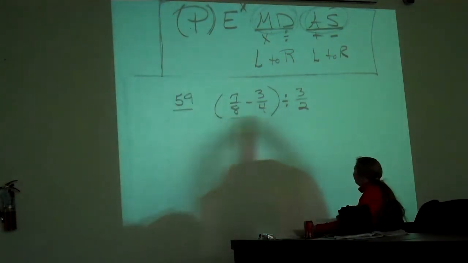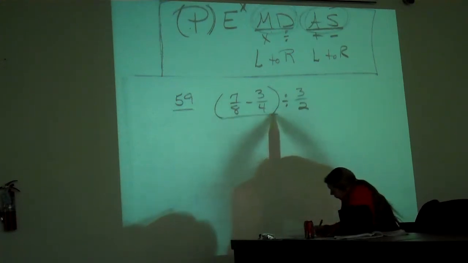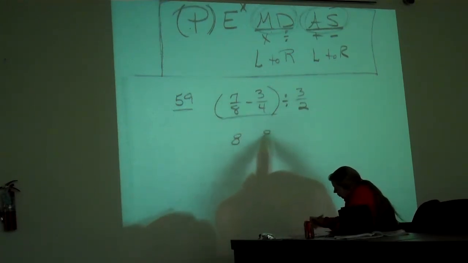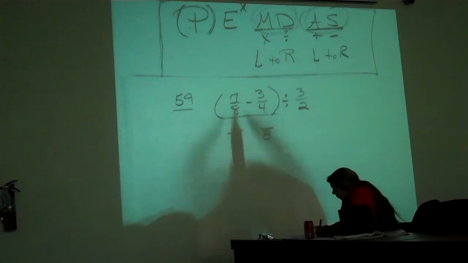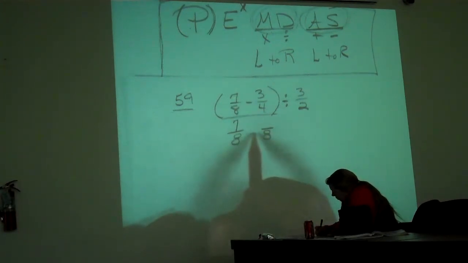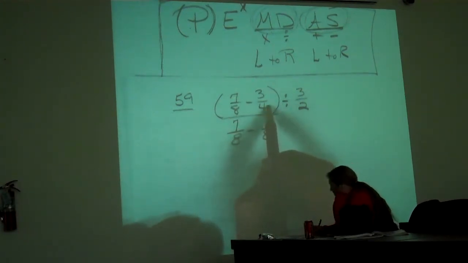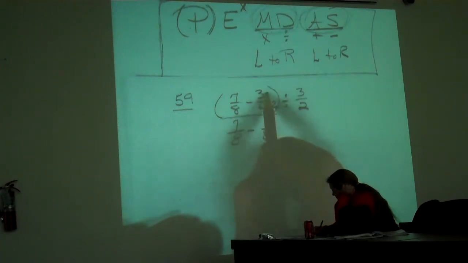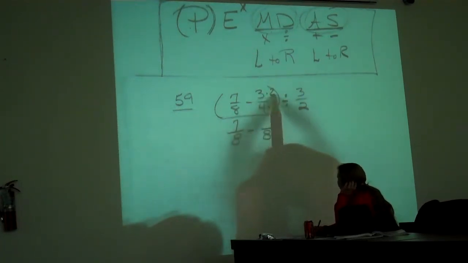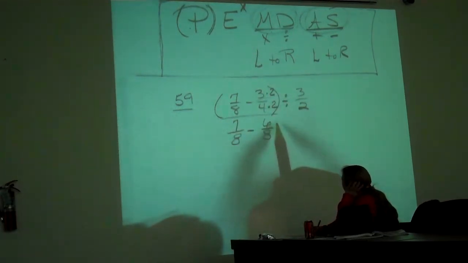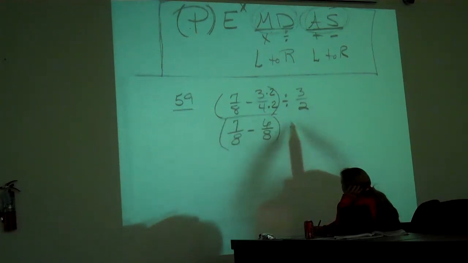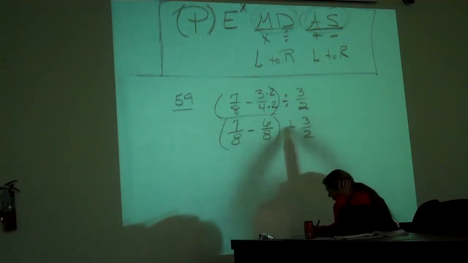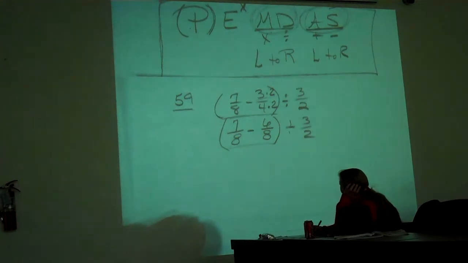We need a common denominator, which is 8. This stayed the same, so the 7 stays up there. 4 times 2 gives you 8. 3 times 2 gives you 6, right? Okay, 7/8 minus 6/8